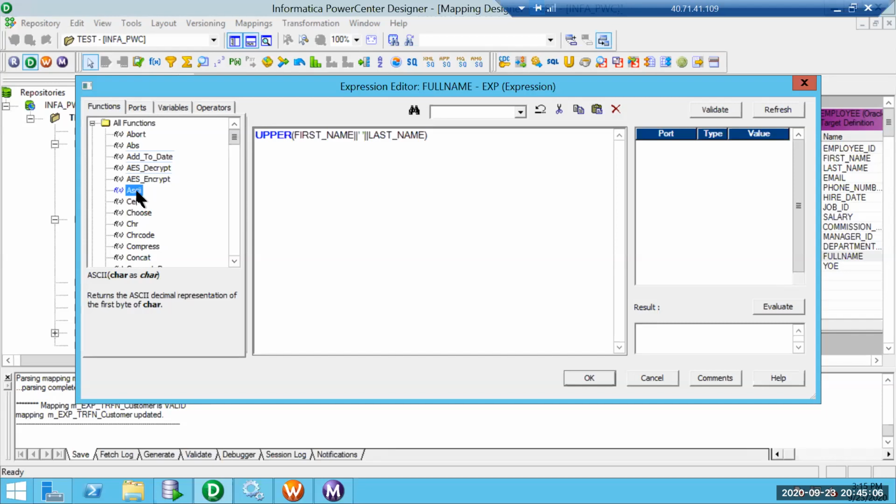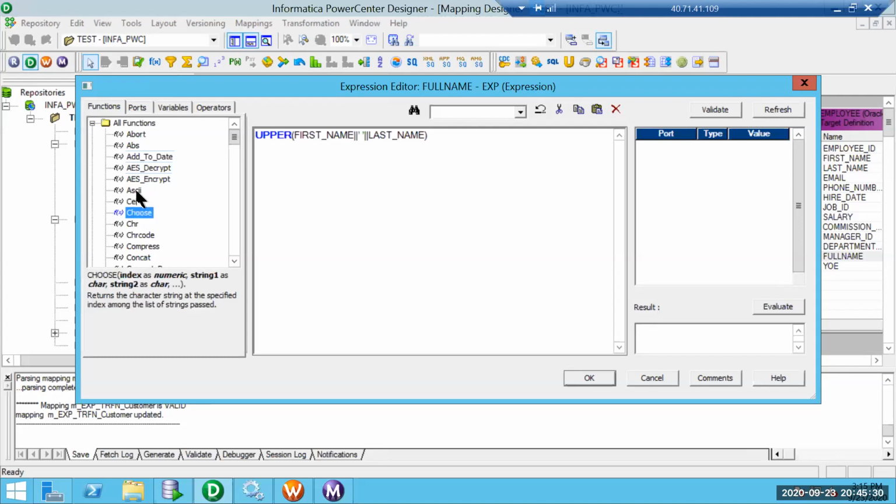ASCII is nothing but the ASCII code of any character. CEIL is similar to the database function keyword CEIL, where it is going to return the nearest integer.